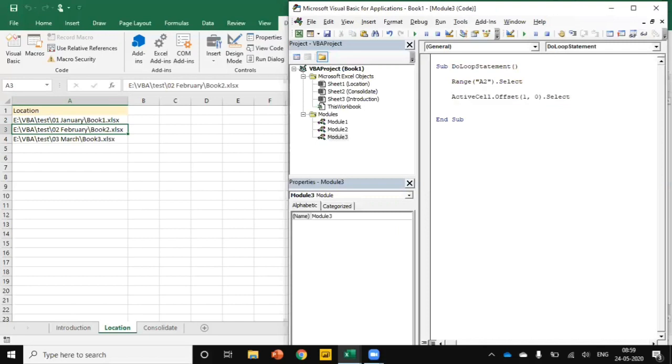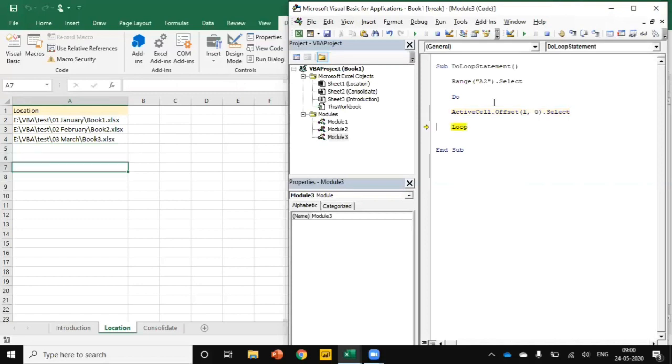In a similar way, if I want to select the next cell, I have to copy this entire line and paste it one more time. Now if I press the F8 key, A2 will be selected, then the next cell, and then the next cell will be selected. So rather than using the same code multiple times, we can convert this code into a Do Loop statement. Adding a Do before the statement, ending with Loop. Now if I press F8, first A2 will be selected and then the next cell. After that, the task will be repeated.